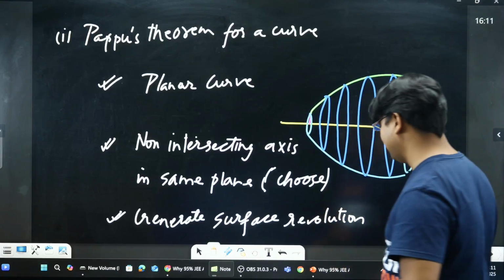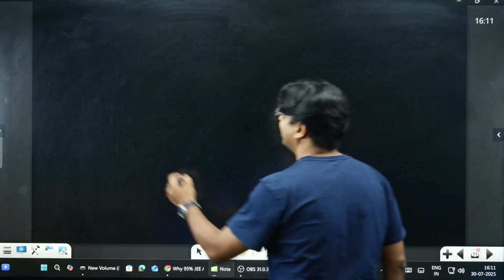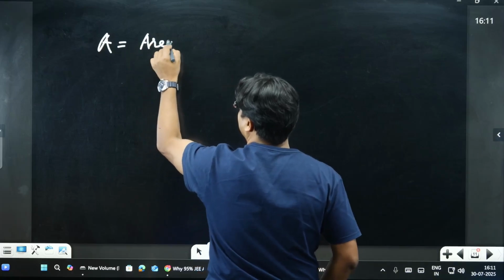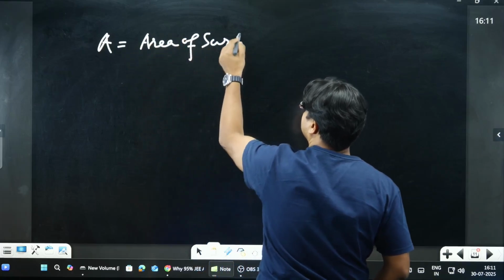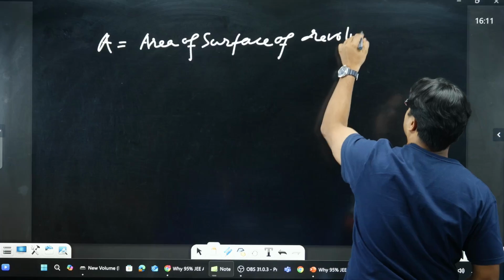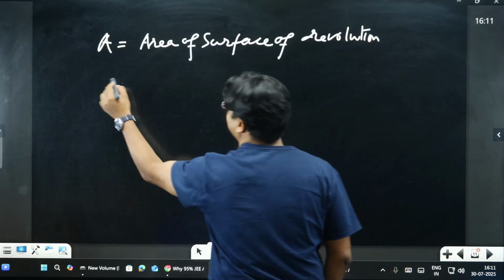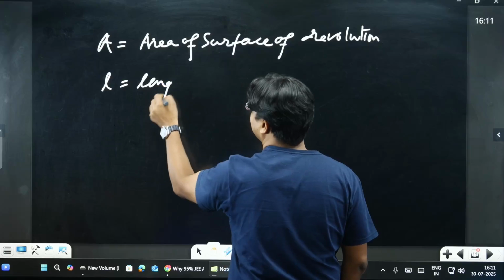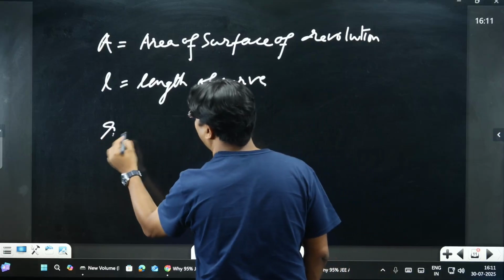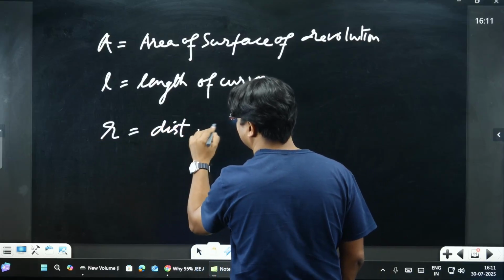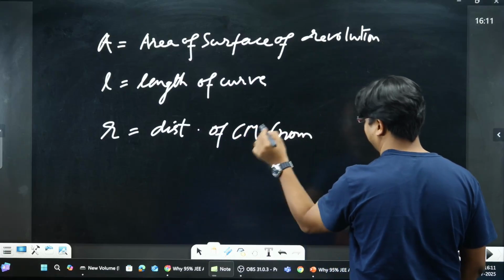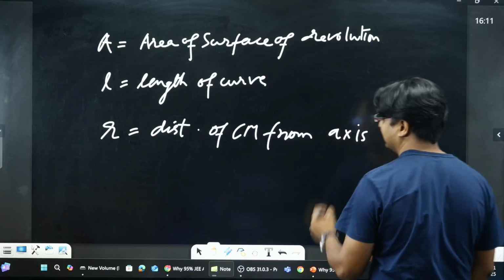This theorem says that if A is the area of the surface of revolution, if L is the length of the curve, if r is the distance of the CM of the curve from the axis, then